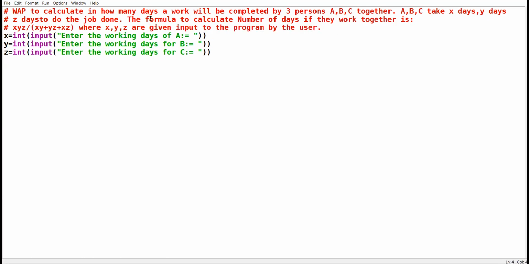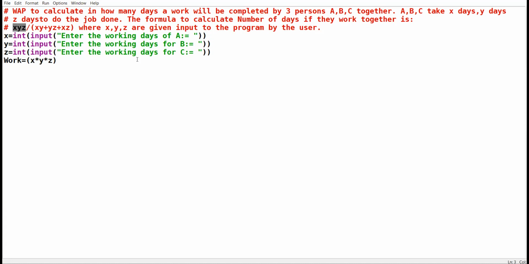Now I have to find the number of days they work together by using this formula, right? So what I will do, I will take work as the variable. You can take any variable you want, equal to X into Y into Z, this portion.